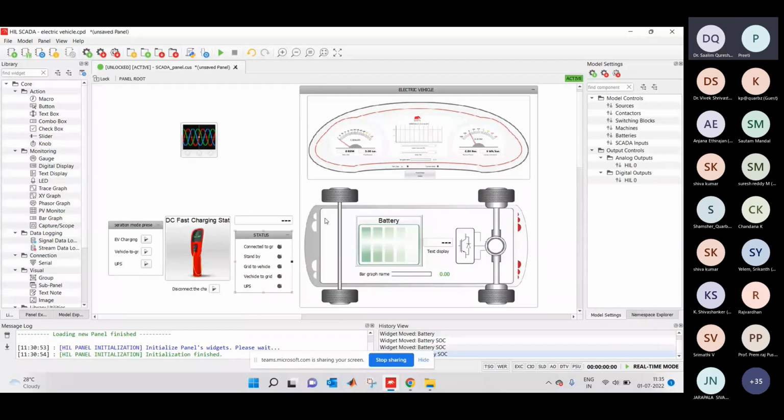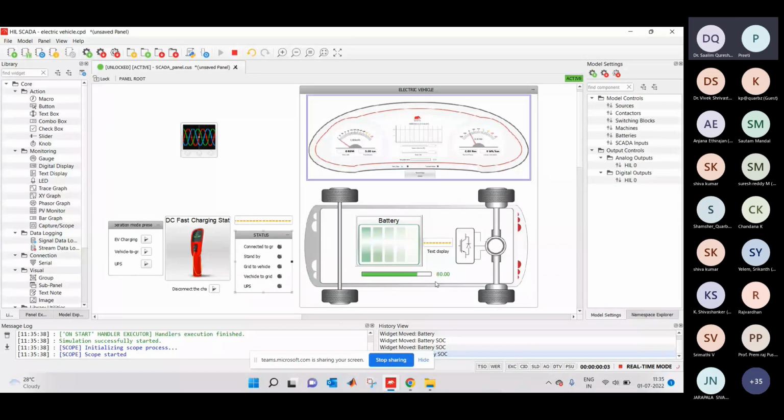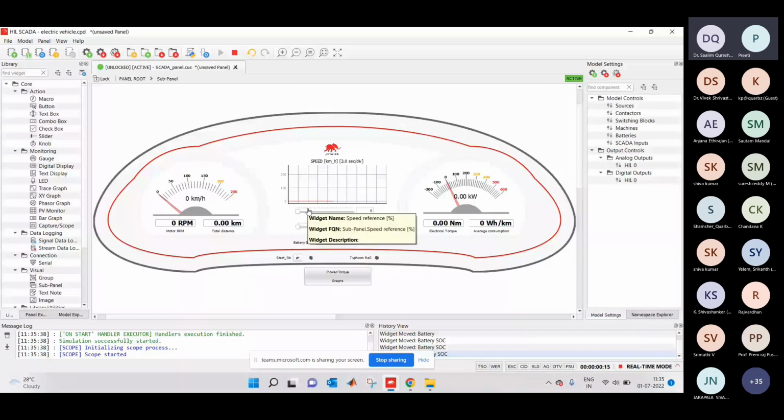Now if I talk about the first, the drive mode in the dashboard, when we start and give the speed up to some value, like up to 80% or something, then we can show you the variation over there. Let me run the simulation now. The SOC you are able to see is 80%. The initial value we have given is 80%. Now we have run the simulation, but I have not run my electric vehicle. Let me go into this dashboard, and now I am setting up some speed. Say, I want to go up to 80%, and let me click on this start